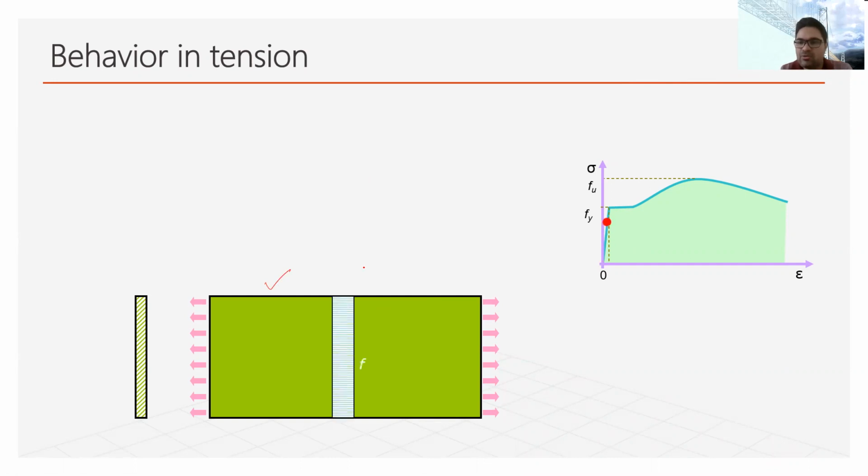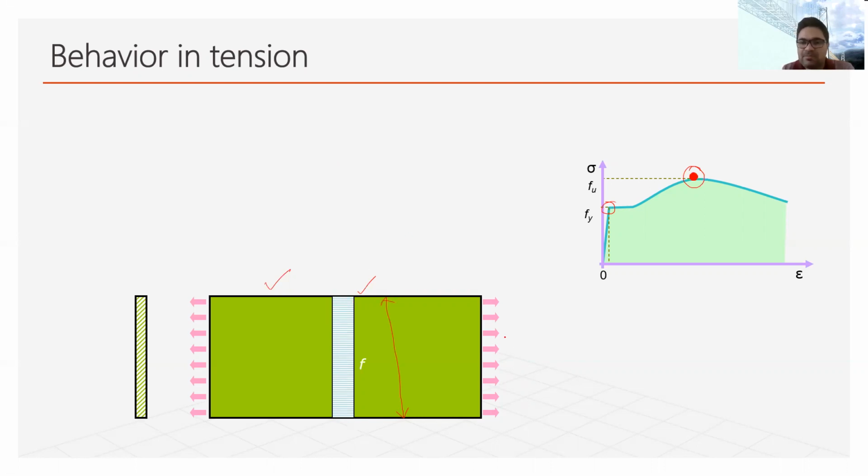So now look at this dot. This dot is showing the stress level. So at this stress, in case of the gross plate, the section is subjected to a yield strength along the whole cross section. So along the whole cross section, we consider that the stress variation is uniform.